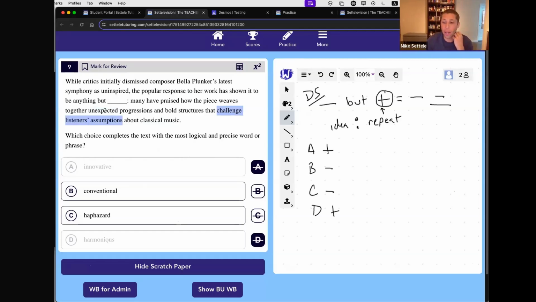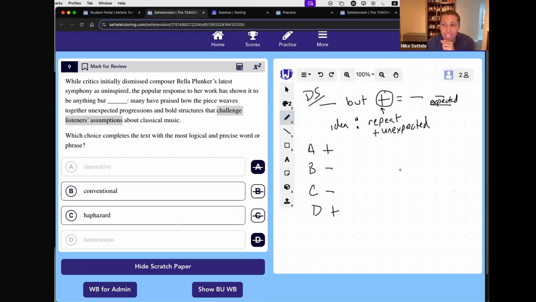Those two words work together, right? So I'll just take the easier one. It seems like we're saying here that it's unexpected, right? And so I want something to mean that. Well, here again, we've got to be careful. We want to say that it's unexpected, but there's a negative. So we want this blank to say that it's expected, right?